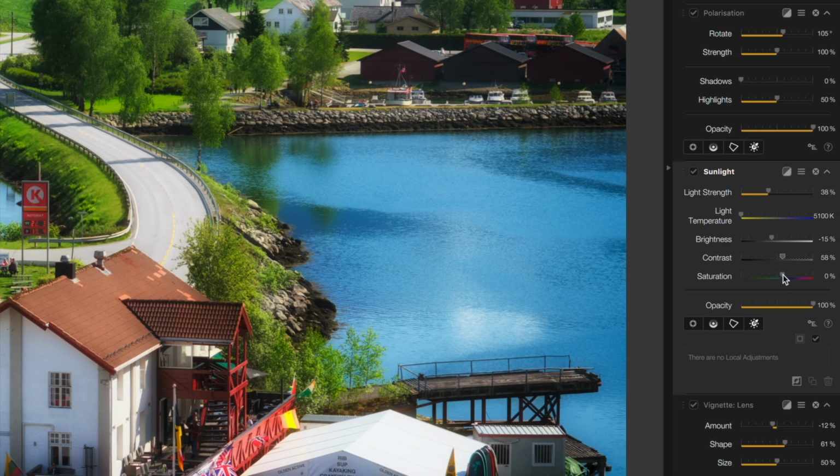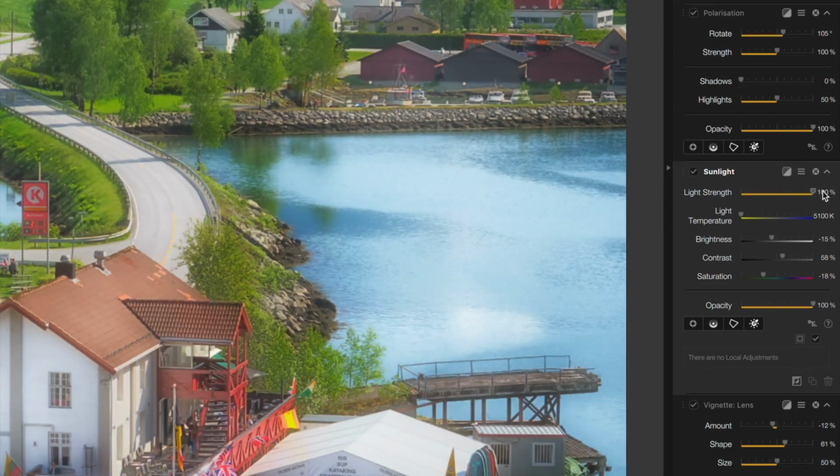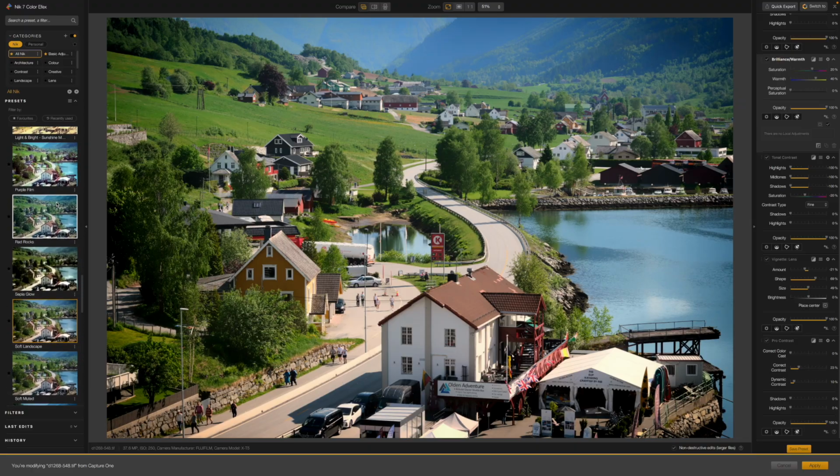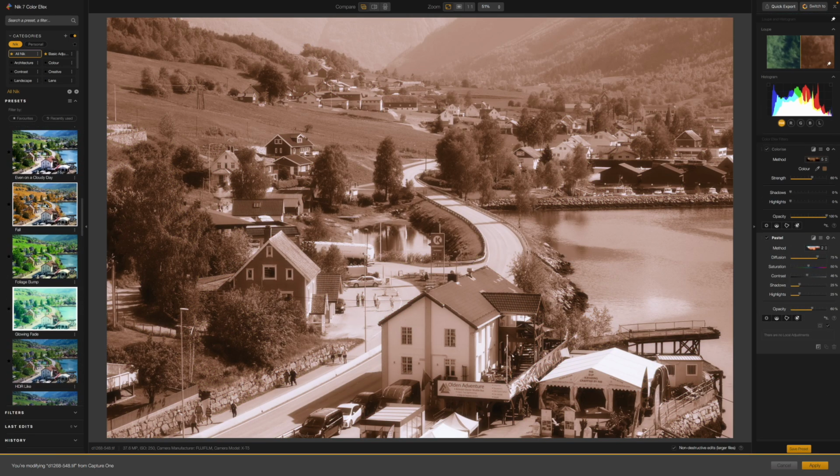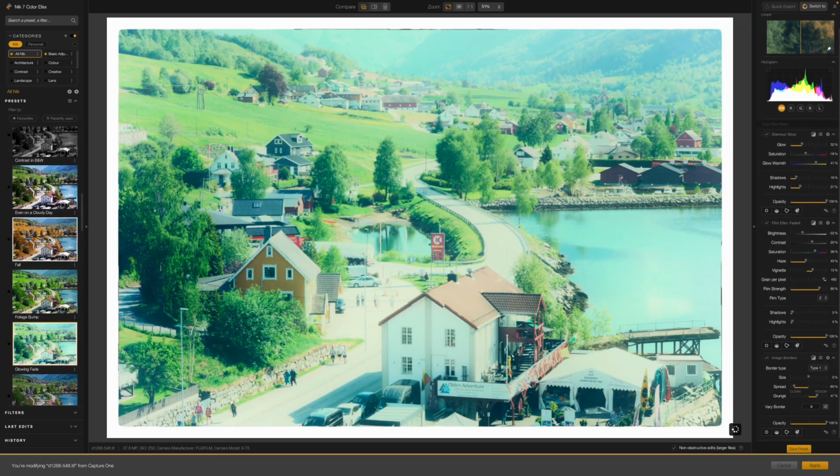for polarization, sunlight and vignette lens. In fact, these are 3 different filters applied by the preset, and you can use these panels to adjust the individual filter settings and how they work together. So presets are a quick and simple way of achieving striking image effects in Color Efex 7, using preset combinations